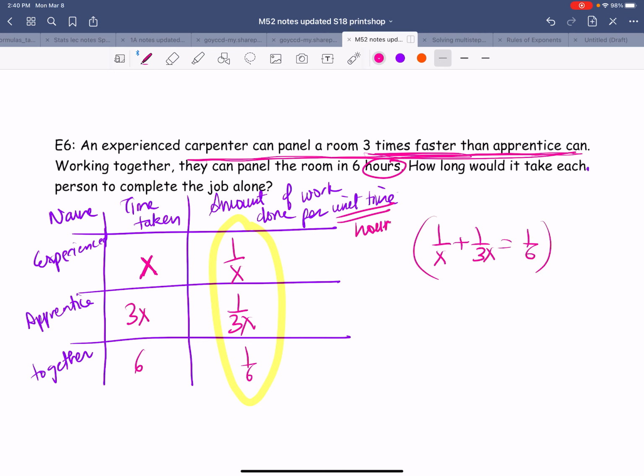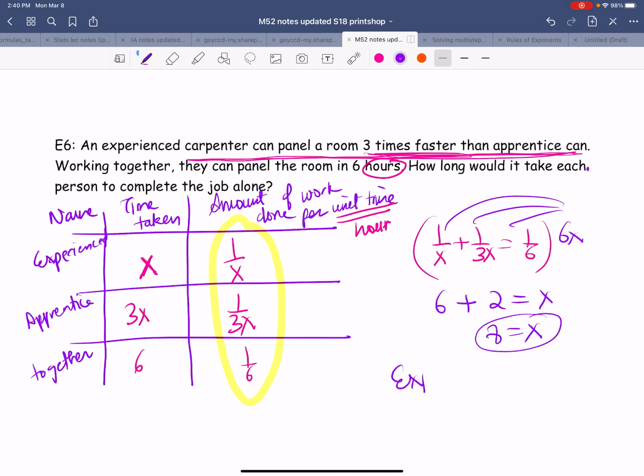What's going to be my LCD in this case? The LCD will be 6x, and I'm going to go ahead and distribute 6x to everything on both sides of the equation. 1 over x times 6x will be 6, plus 2, equals x. So x equals 8 hours. That means the experienced person,